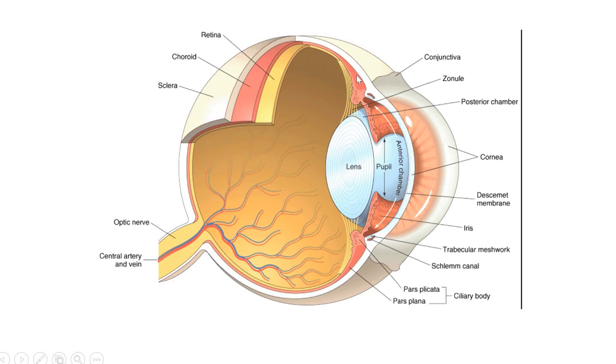I'm just brushing through the anatomy; you will learn in detail in your ophthalmology classes, and I'm sure you have read it in anatomy too, but just to summarize, these are the three layers. Then we have two chambers in front of the lens, the anterior chamber and the posterior chamber, and the lens, this is the iris, and the aperture in the center is referred to as the pupil. So that was just brushing through the anatomy of the eye.